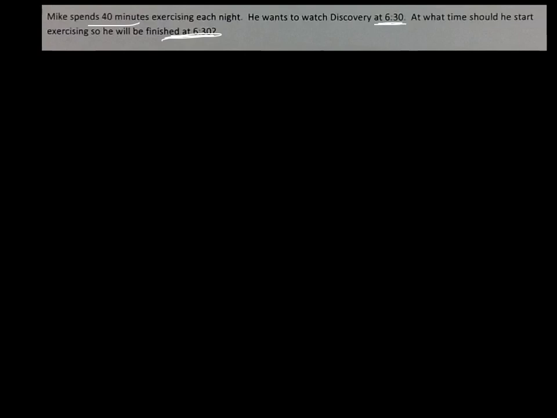This problem is a little bit different. This problem doesn't give us our start time. We don't know what our start time is. We do know what our end time is. We know our end time is 6:30, right? But we also know that the time that has passed, our elapsed time, is 40 minutes. So what we need to do is we're going to make another T-chart, but this time our T-chart